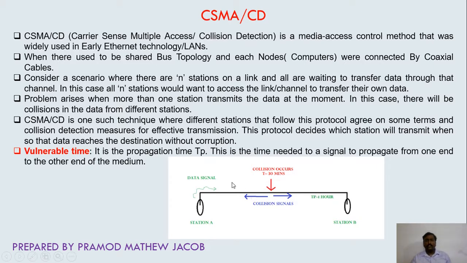In this case, a collision will take place in the middle of the communication line, and the collided, corrupted data will travel to both ends. So the sender can understand that a collision has happened. This is what is called CSMA/CD, carrier sense multiple access with collision detection. Here the sender can detect that a collision has occurred.